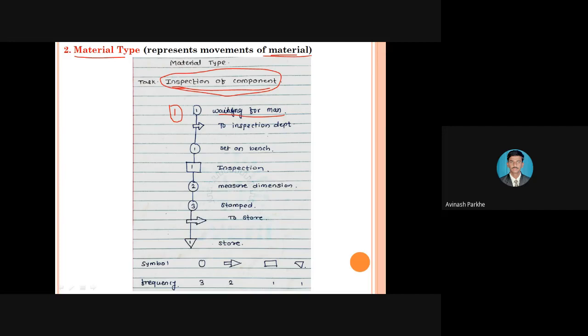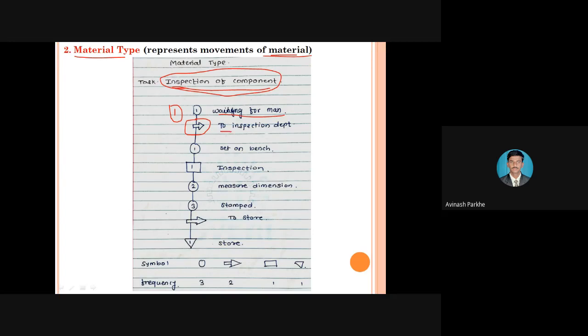Therefore the first symbol is the delay. Delay means waiting for the man. Your raw material or your product is waiting for the man, which means there is a delay in the operation. Therefore, it will start with the delay operation. Then second,